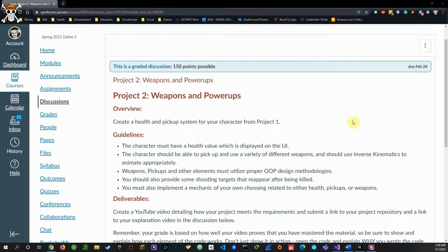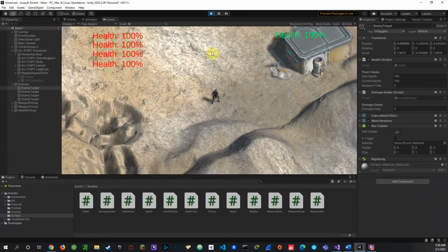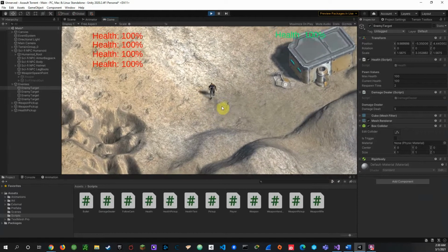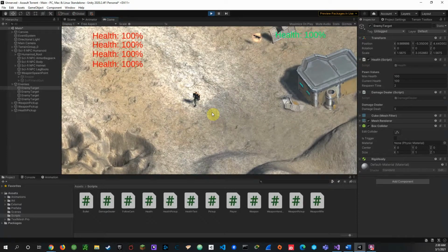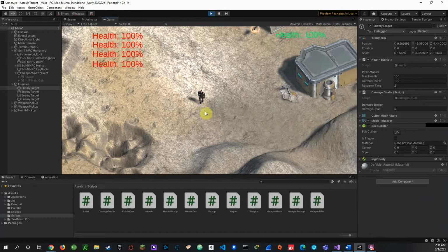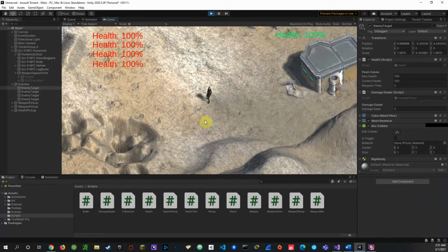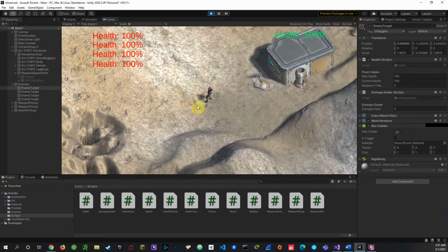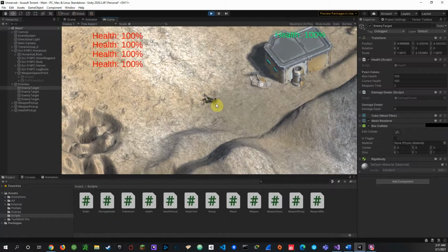So going right into my project, first of all you can see that I have my character here from last week. I still have side-to-side movement, backwards, forwards, still following the mouse. I still have my dives. Animations look a little funny, but we'll cover that in a little bit. That has to do with the inverse kinematics, and I have jumping and crouching, all my features that I had